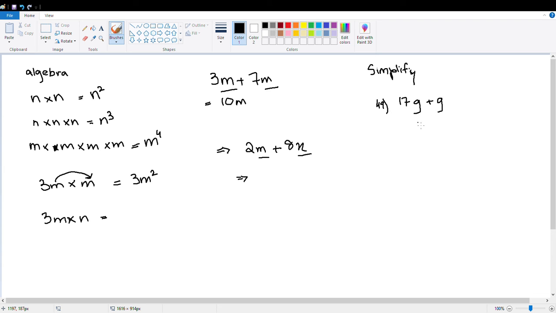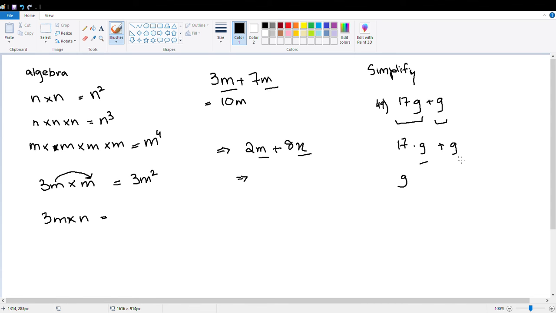So I can see that I can take common from both of these. I have a 17g and a normal g. So I can also say that 17 is being multiplied with g, and I'm going to write this g as it is. 17 is being multiplied with the g. I can also say that. So if I take common